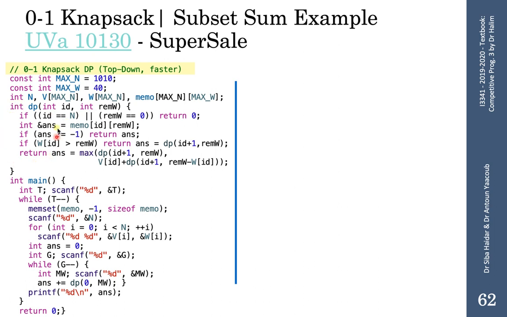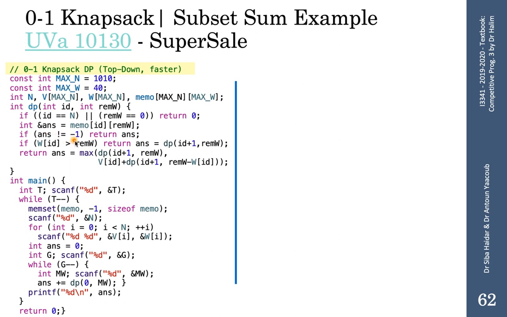The DP function takes the state id, remw, and we have two base cases, id equal n or remaining equal 0, in which case we return 0,